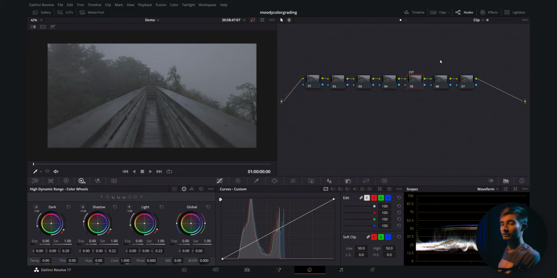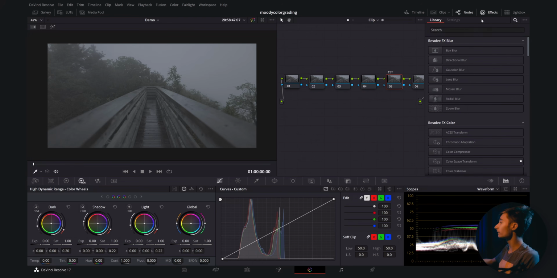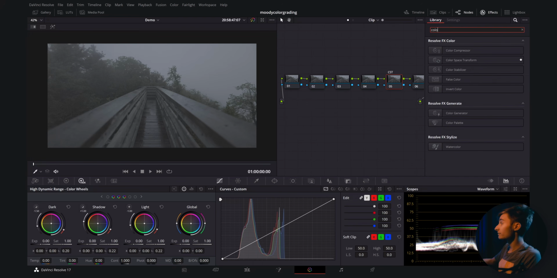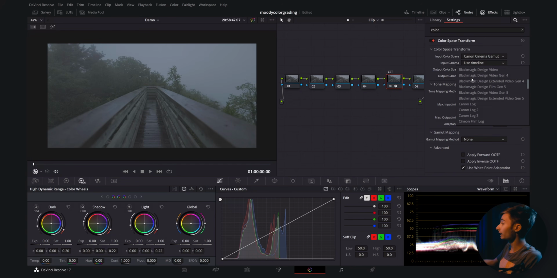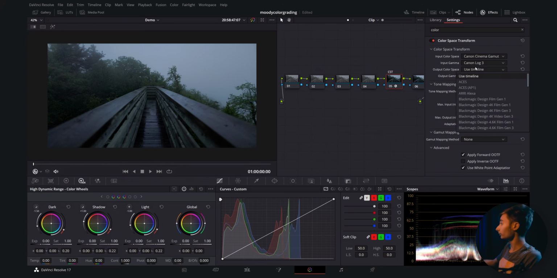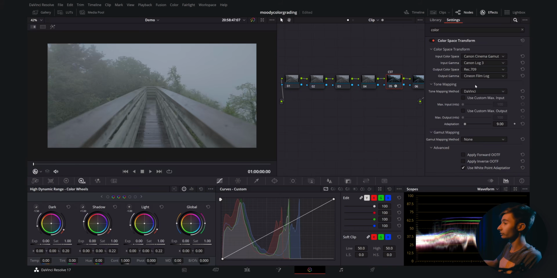And I shot this clip in Canon Log 3 within the Canon Cinema gamut, so when I go into the effects tab and look for color space transform and drop it on there, I'm going to set my input color space to Canon Cinema gamut, the input gamma to Canon Log 3, and the output color space to Rec 709, and usually I set my output gamma to Gamma 2.4, but we're actually going to use Cineon Film Log today